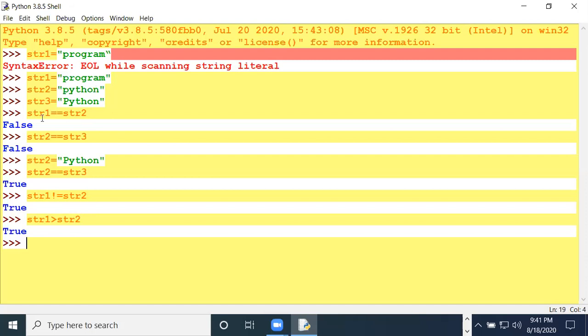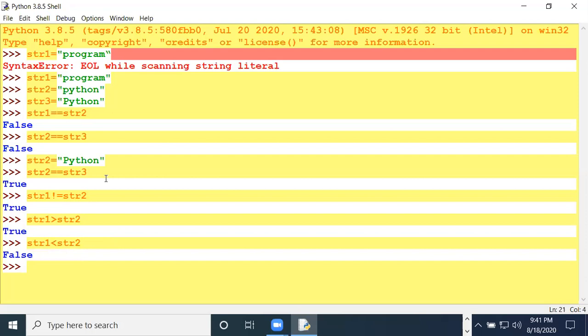So in str1 there are 7 characters and in str2 there are 5 characters, so str1 is greater than str2. It is correct. Now again I am comparing with less than. str1 less than str2? No, it is incorrect, it will display false. So all comparison operators we can use with strings also.